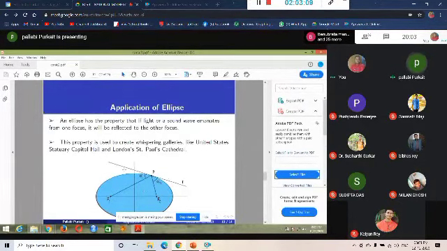Application of ellipse. An ellipse has the property that if any light or sound wave emanates from one focus, it will reflect back to the other focus. You can see from this picture that F1 is one focus and F2 is the other focus. If any type of light or sound wave emanates from F1, then it will reflect and pass through the other focus. This property is used to create whispering galleries like the United States Statuary Capitol Hall and London St. Paul's